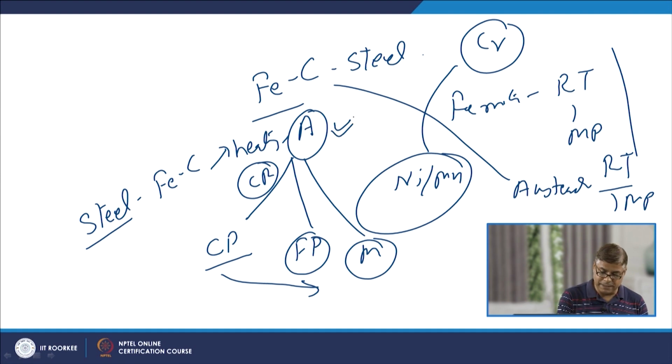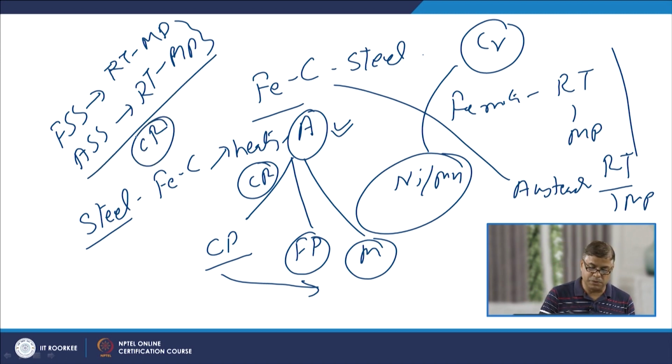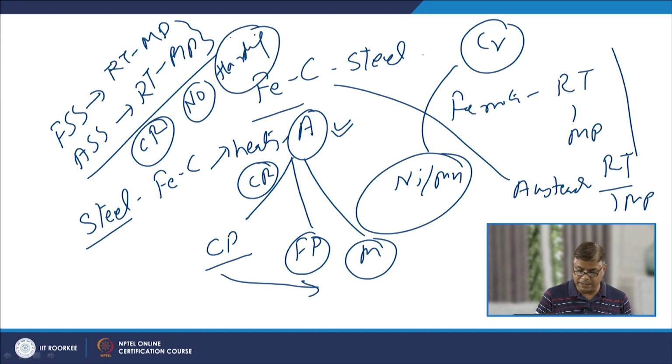But in those steels where there is no austenite formation, or austenite is stable right from the melting point to room temperature, whether it is ferritic stainless steel, where ferrite is stable from room temperature to the melting point, or austenitic stainless steel, where austenite is stable from room temperature to the melting point, there will not be any phase transformation whatever the cooling rate from the high temperature, and that is why no hardening is possible in these categories of steels.